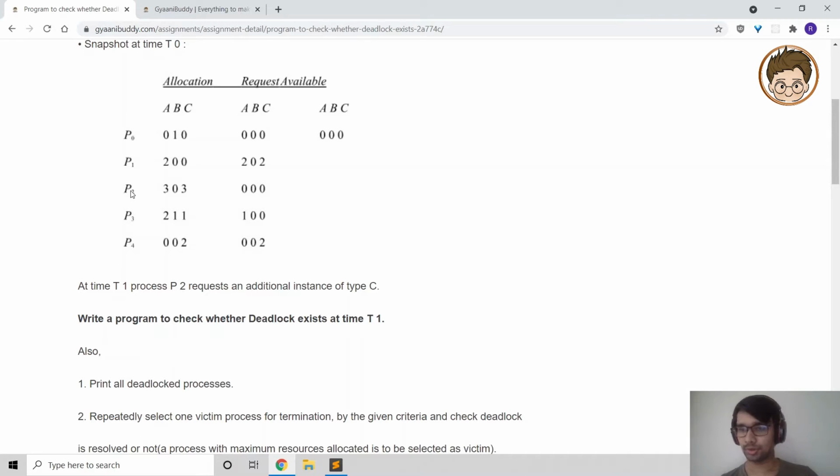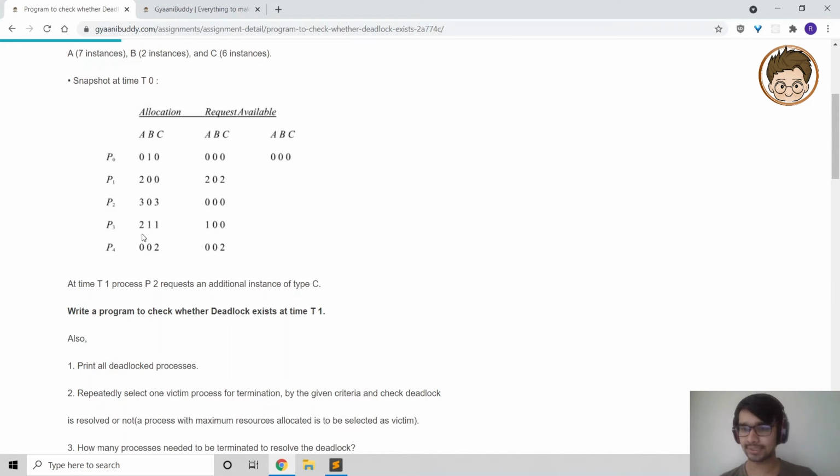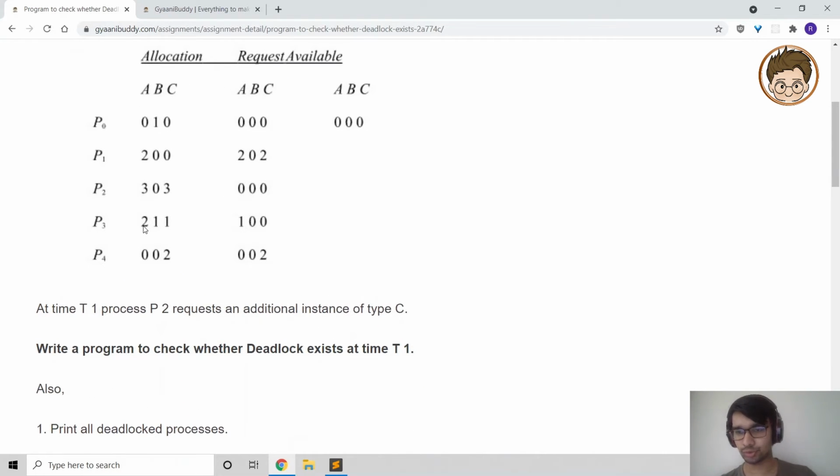Okay, so let's take one more example. Let's say P3. P3 is using 2 resources of A, one of B, and one of C, and its request is one of A. That means to complete its job, what the P3 process needs is a resource of A type. So it currently has 2, and it needs one more to complete, so that it can be done.